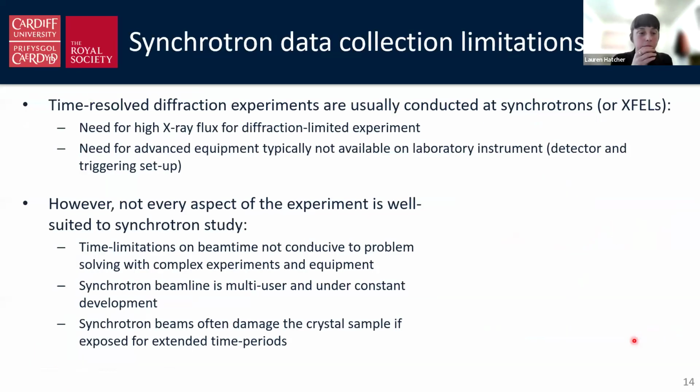Okay. So what are the data collection limitations from that study? Primarily, as Josh said at the beginning, at the time we did this, we needed to use synchrotrons to do these experiments. But actually not every aspect of the experiment is well suited to using a synchrotron. Most particularly, you have these strict time limitations on your beam time. You apply for a certain amount of time, you go and you do your experiment, and that's all you get. So that really isn't conducive to problem solving and developing different experimental protocols,